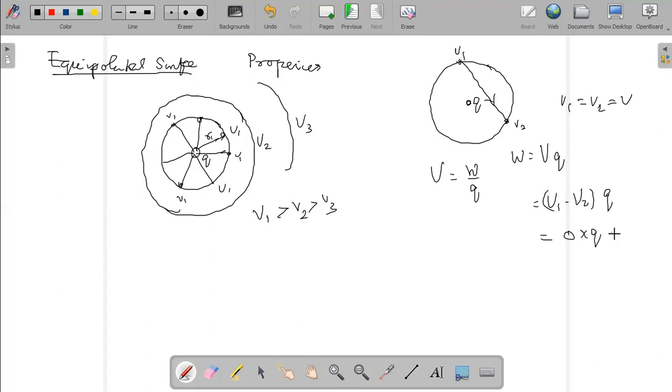அப்போ first property, work done in moving a test charge from one point to another point in an equipotential surface is 0. Potential difference 0 ஆனா, work done is 0. This is the first property. Second property என்னன்னா, the